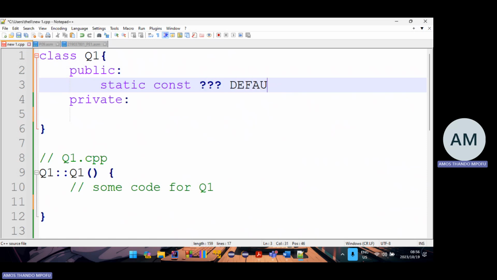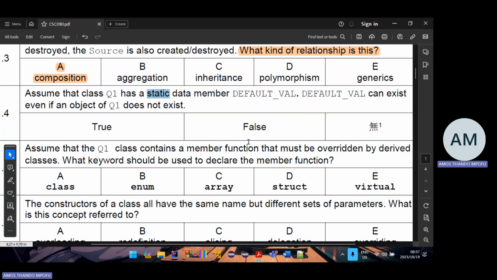And then it's called the default underscore value, right? And since we don't know the type, we don't know what to initialize it to. We haven't read anything that talks about what type it is. So they just said it's a data member that's called default. It's a static one, meaning they're telling you that it's a constant in a way, because most of the time, you only use static when you're creating constants. So default value can exist